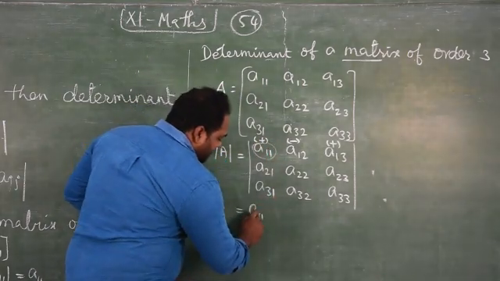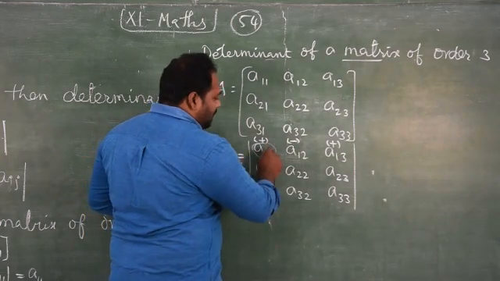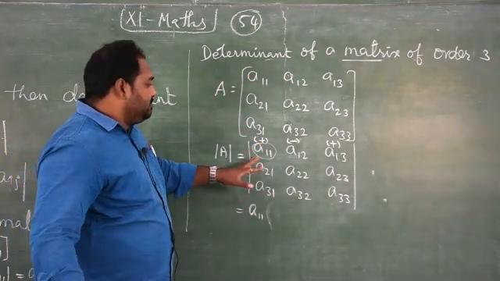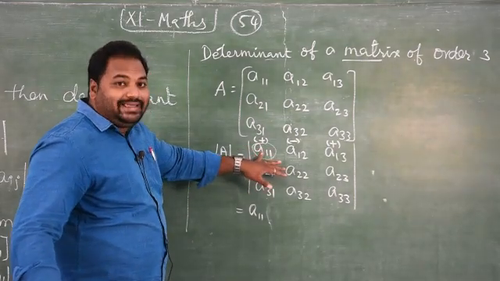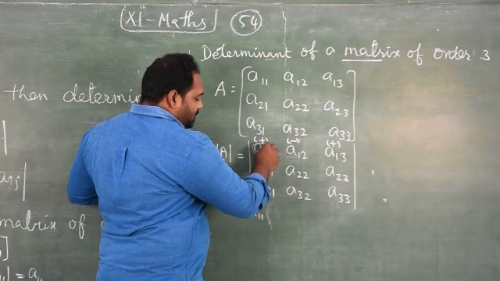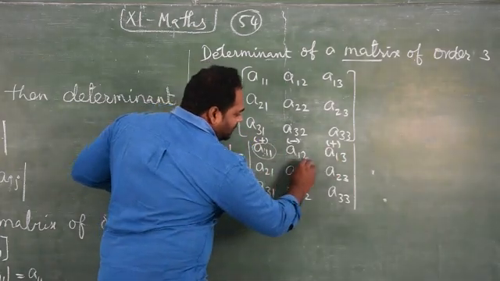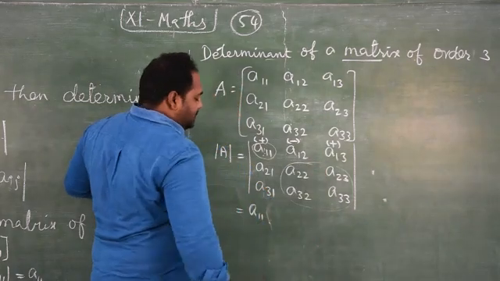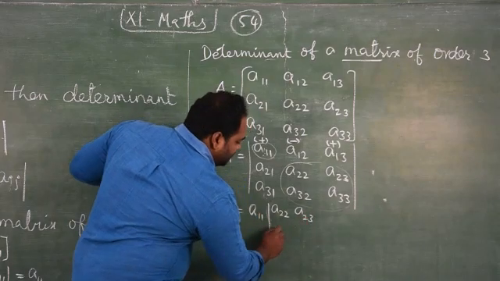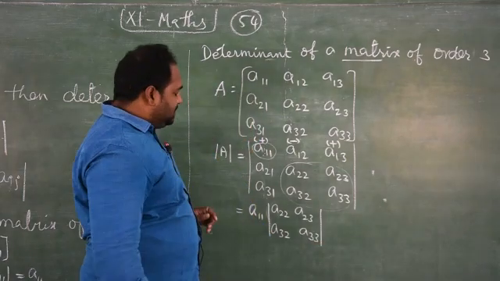I'm just taking the first element, and then I'm going to eliminate this column and this row, which is, we have to eliminate the row and column which were taken from the particular element. See, here I'm taking this element, so I'm going to delete this column and this row. If I delete this row and this column, I have the remaining values. So this is supposed to be written as the determinant 2, 3, A32, A33. This is the first element expansion.